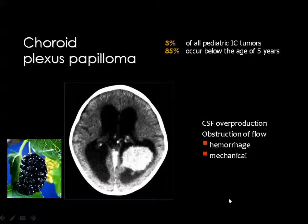Then starting with the choroid plexus papilloma, this tumor arises from the choroid plexus. Then you expect that this tumor is secreting CSF, and the overproduction of CSF will result in marked dilatation of the ventricles. This is usually the typical location of the tumor, centered on the site of the choroid plexus. And characteristically, the choroid plexus is a very vascular structure. Then the tumor is also very vascular, and it usually contains areas of hemorrhage and necrosis. Actually, the surface of the tumor is almost similar to